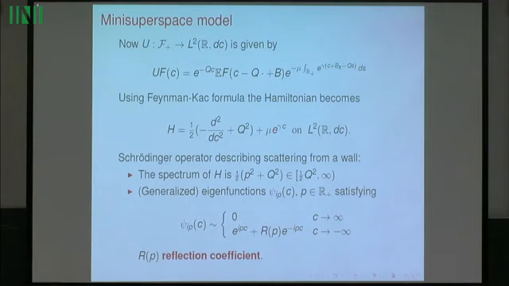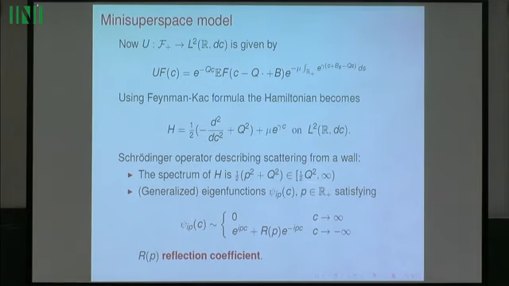What is the spectrum? Well, in such a case, the spectrum is determined by what the operator looks like at infinity. So the spectrum is just the spectrum of the Laplacian. That's of course p squared. The eigenfunctions go like e to the ipc. So there's a half p squared plus q squared. So that's what the spectrum is.